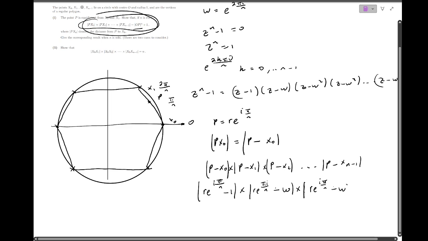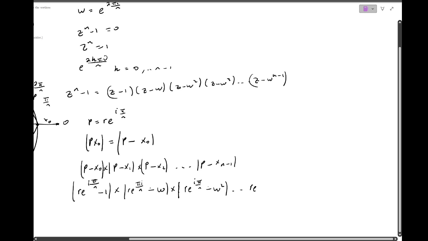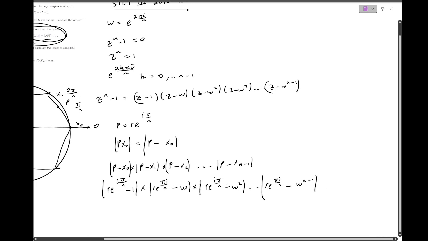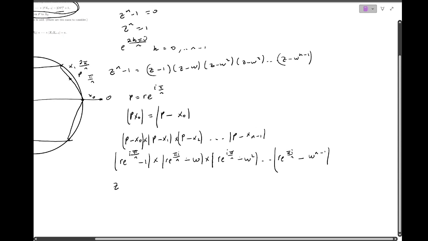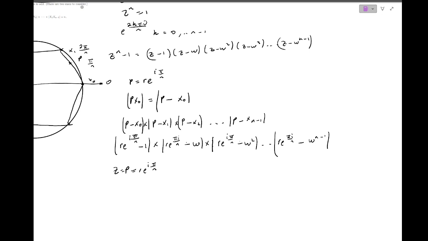So it'll be something like this, all the way up to whatever this thing is, the last term, which is cool. Okay, so do you see how this is really similar to what we just proved in part one, where z pretty much just equals p, which is also equal to e to the r e to the I pi over n, and our omegas haven't changed. The only thing that's different is that we have moduluses now, but that doesn't make any difference until the end result. So we can just use our standard end result that we proved, and we know that this is going